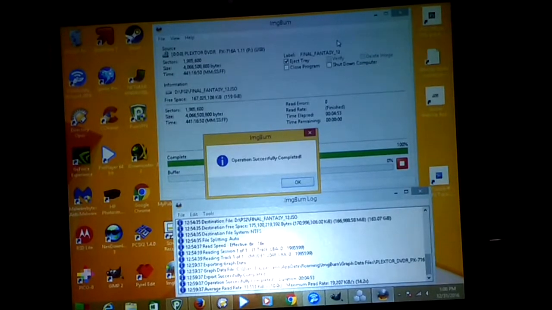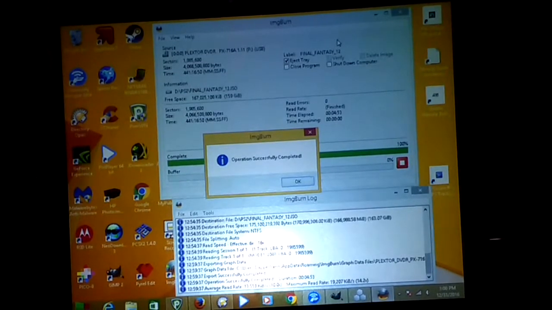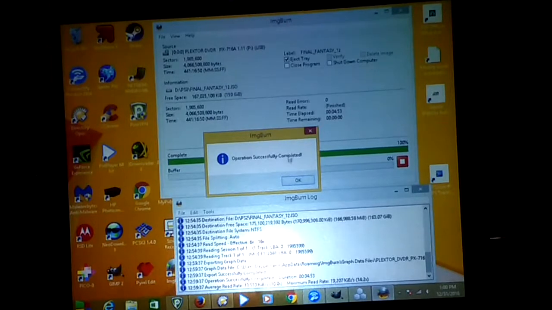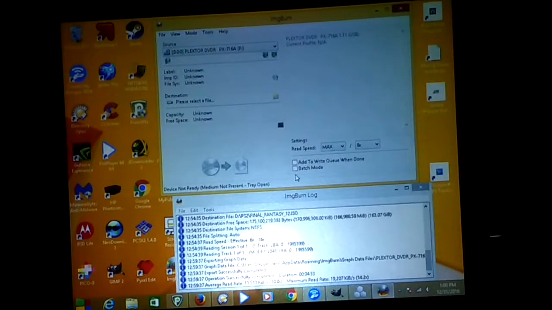So I'm going to take my PlayStation 2 game out of my external DVD burner,